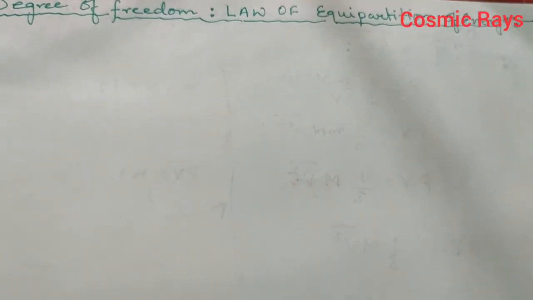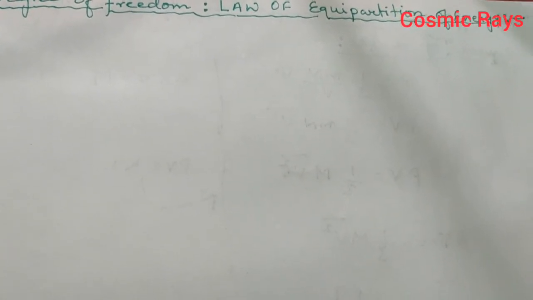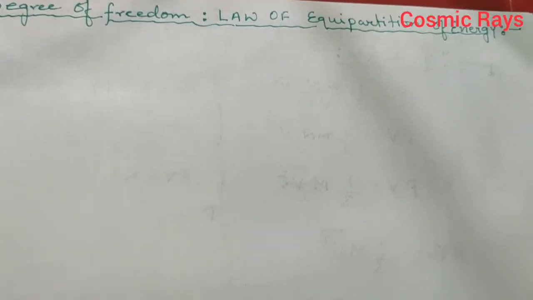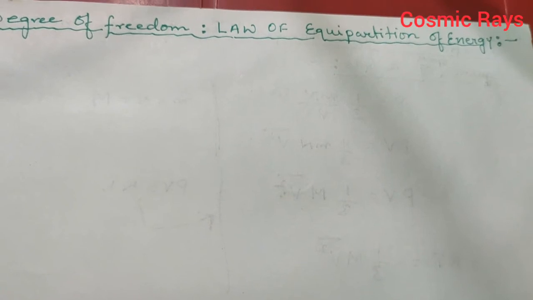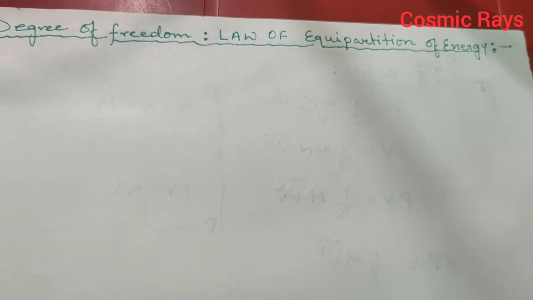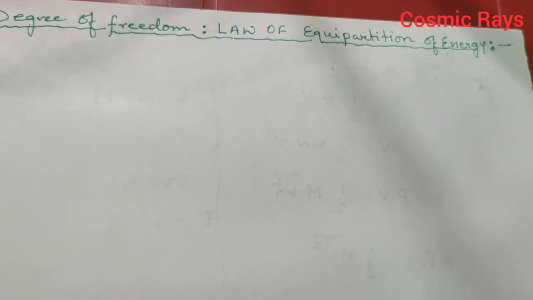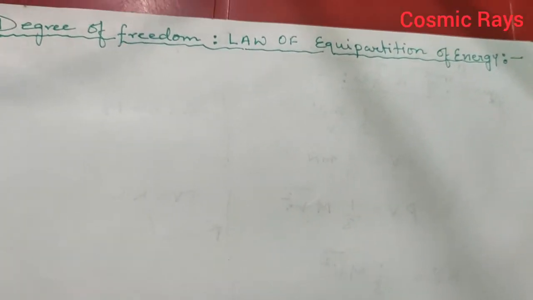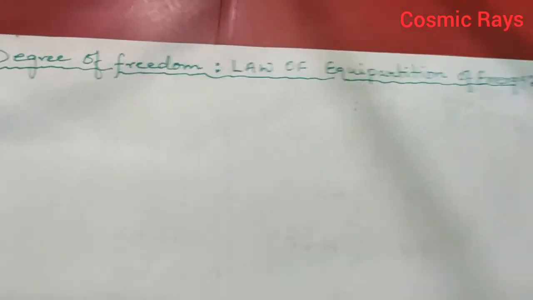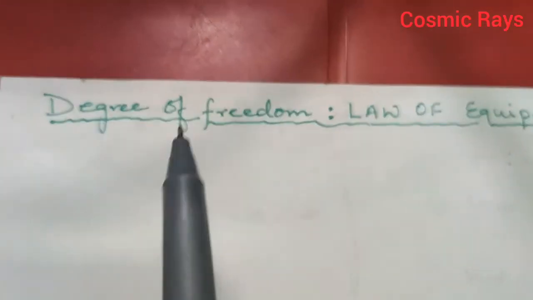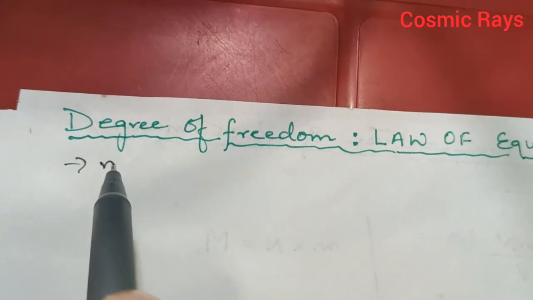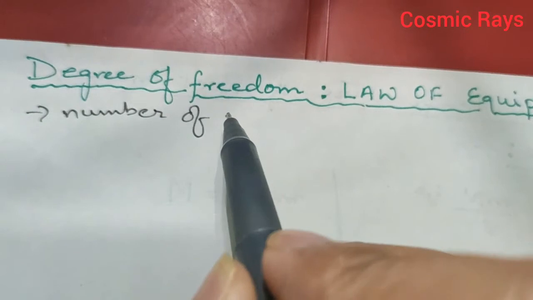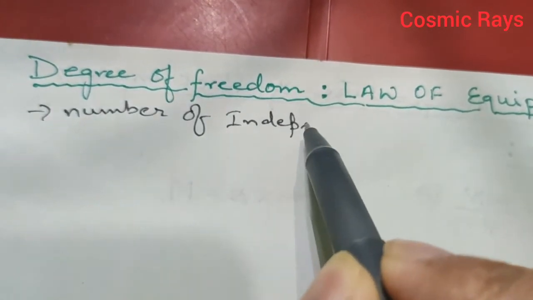We also say that it is the number of directions it can move, or how many coordinates will be required to specify its position or orientation, and that will be the same as the number of motions it can make. So degree of freedom we define as the number of independent motions